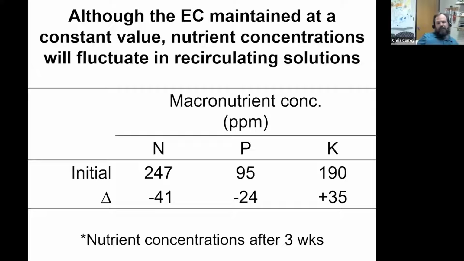So one of the most essential things for managing nutrient solutions for hydroponic cut flowers, when you have recapturing and recirculating solutions, is periodic testing of nutrient concentrations. We do a great job maintaining consistent electrical conductivities, but that doesn't always mean the concentration of salts is going to be the same ratio or that same composition. So make sure you are always doing periodic testing to watch the buildup of different ions and maybe the depletion of other ions. When you start to get those imbalances, then we can drain part of our nutrient reservoir